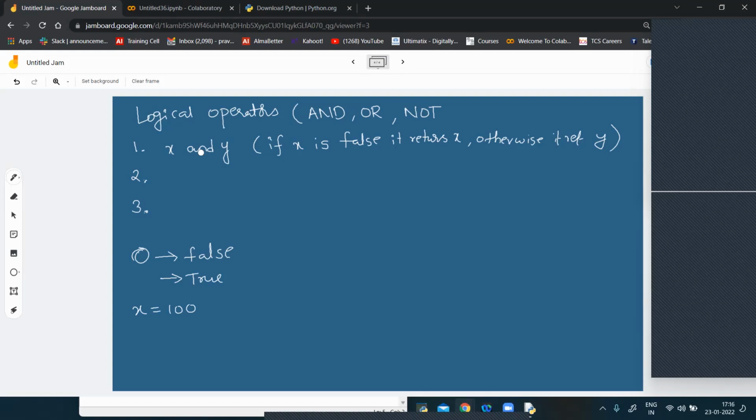True. Because it is a non-zero number, right? It is a non-zero number, so that's why the value for x is true. Okay, so now tell me,